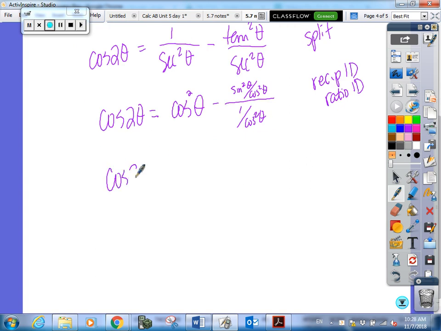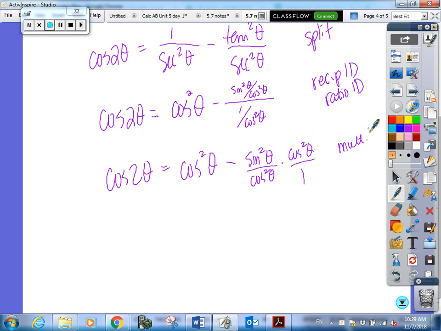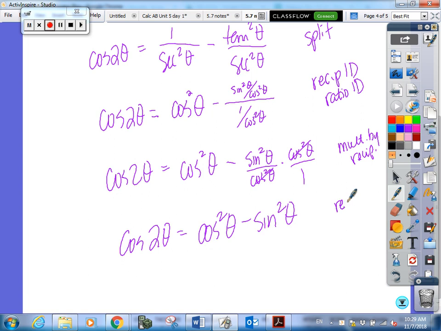My next step, cosine squared theta, we like that there. Now I can multiply by the reciprocal. I can't multiply by the reciprocal in this step. That's not correct. Now this equals this. And that was multiply by the reciprocal. And now look, those cancel. And I have cosine 2 theta equals cosine squared theta minus sine squared theta, because I reduce, cancel, simplify,